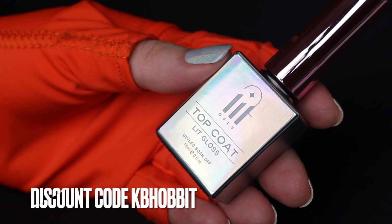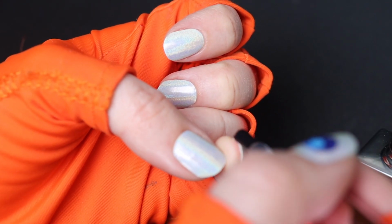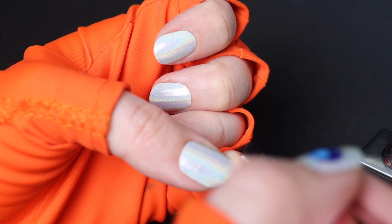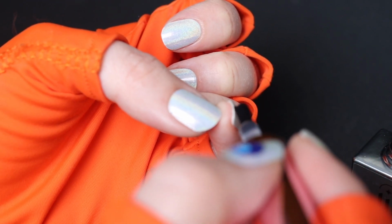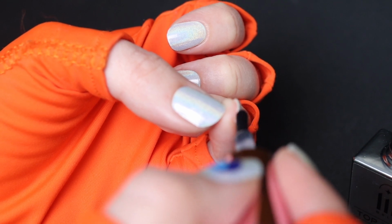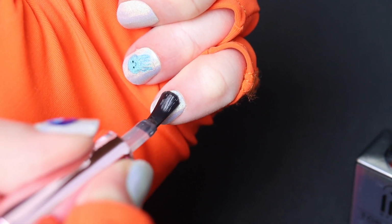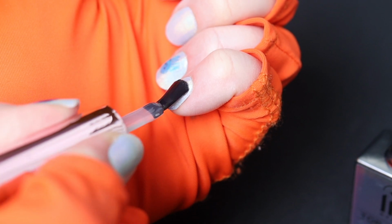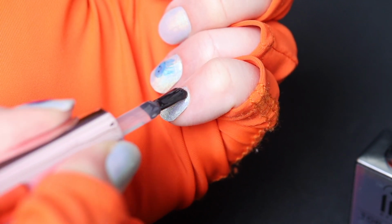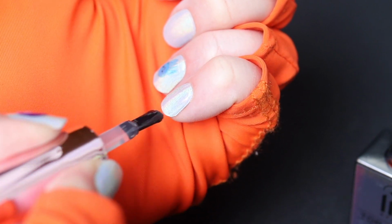And the reason that I'm really excited for it is because it's HEMA-free. I don't know if any of you are as paranoid about developing a gel allergy as I am, but anything to minimize that, sign me up. I will say, though, that based on all the content I watched from licensed nail techs, the biggest thing is just not to get things on your skin. If it does get on your skin, clean it off promptly, and then don't undercure. So make sure that you're curing everything properly and fully all the way,